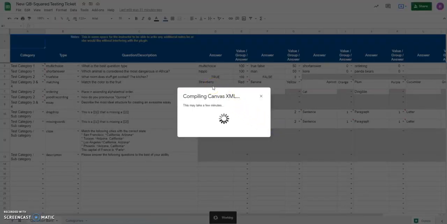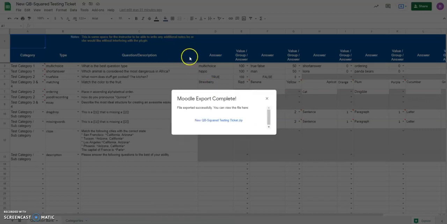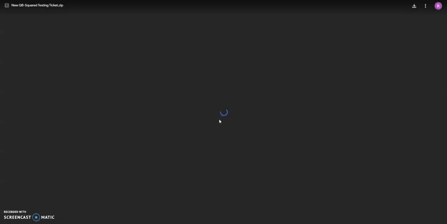And then after a short time, the code will export and you will receive a zip file downloaded into your Google Drive. You can then download the zip file